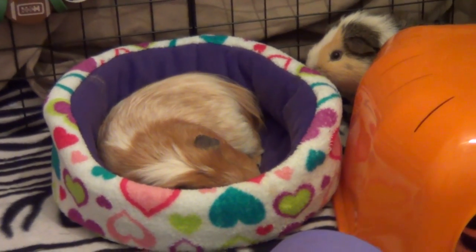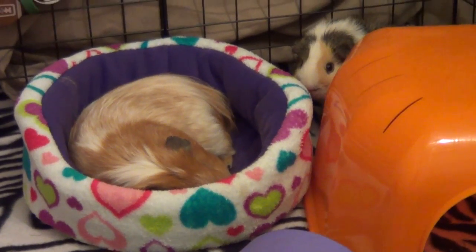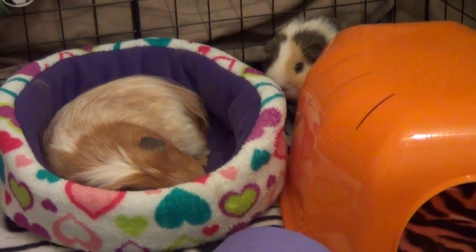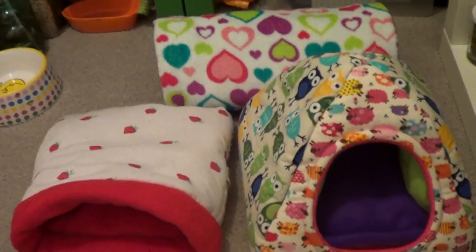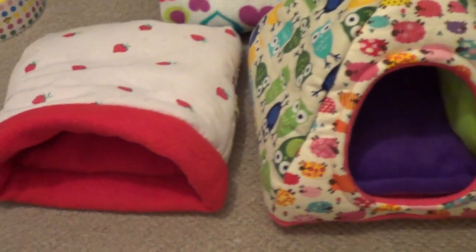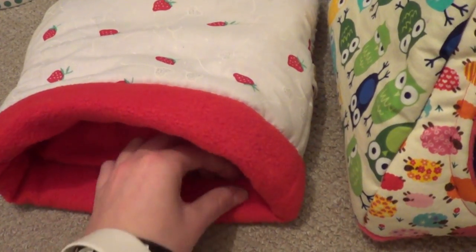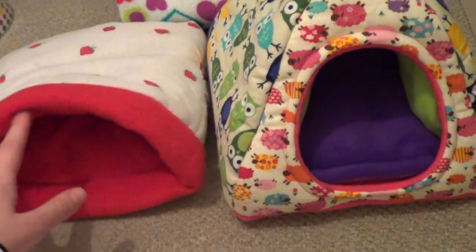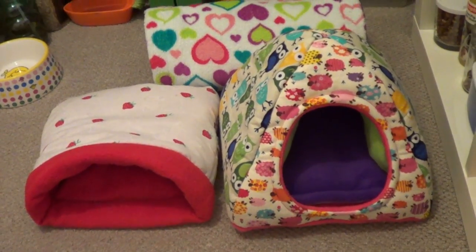But wooden houses are great because again it gives your guinea pigs an opportunity to chew and keep their teeth down, but this is what I've opted for. Here's an example of a few more fleecy items. The only problem with fleecy items is you can only really use them when you're using fleece as a bedding, because if you're using shavings or something like that, they will get stuck to the fleece and probably mess up your washing machine, and also it doesn't come off very easy and it ruins the fleece items, which is a bit of a shame, and was probably the main reason why I